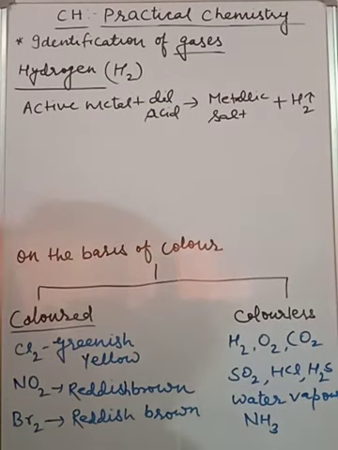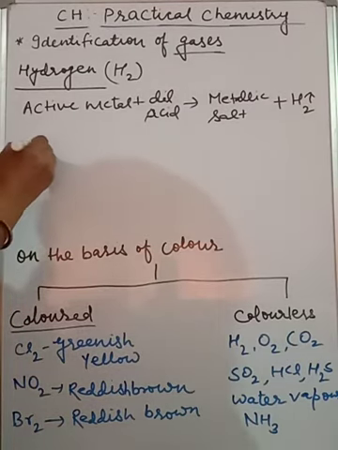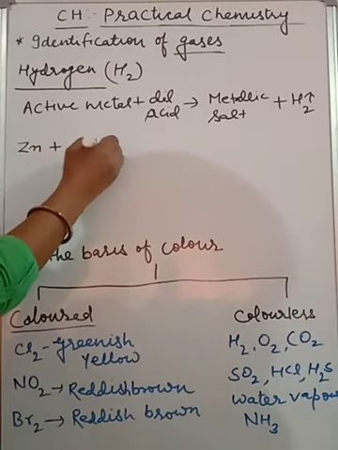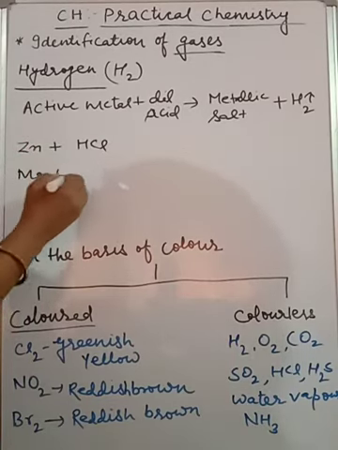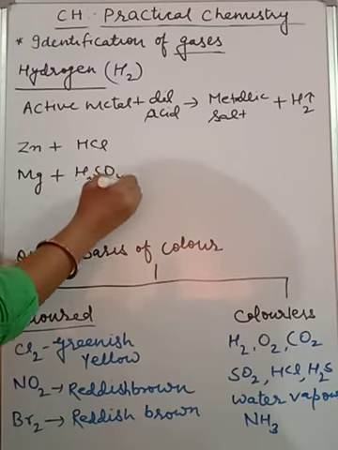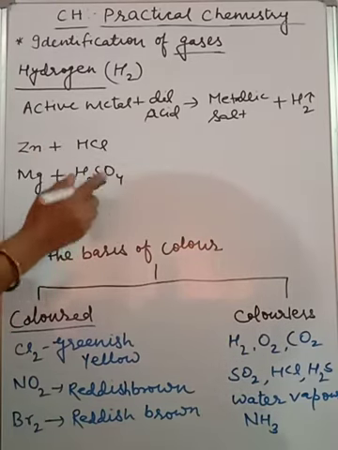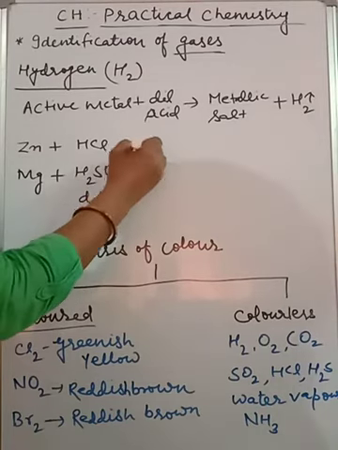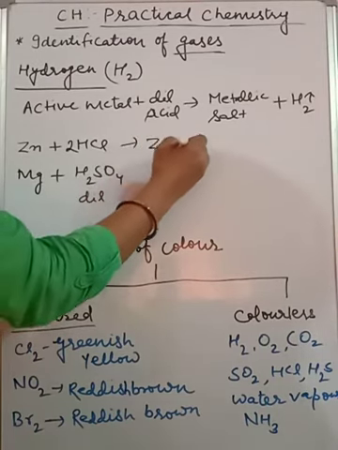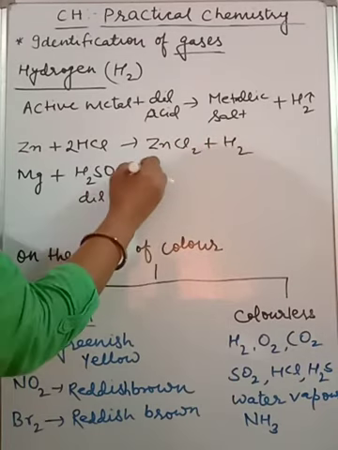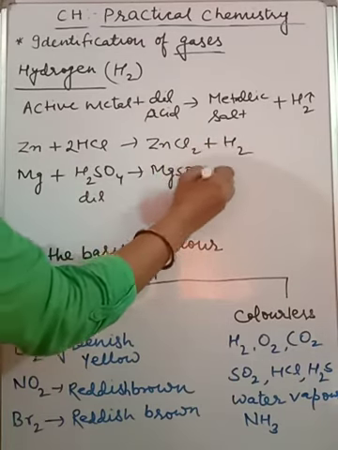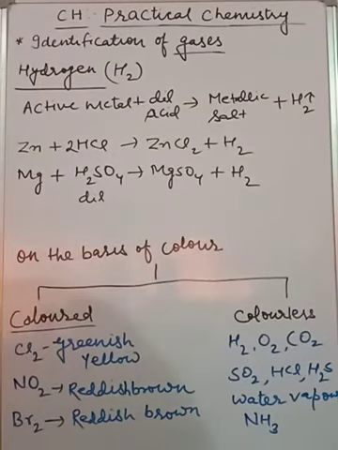Okay. Active metal means what? You all must recall in your mind regarding the reactivity series. Means metals above hydrogen in the reactivity series are capable of displacing hydrogen from the acid and forming its salt, like Zn plus HCl, Mg plus H2SO4. And acids we must take in what form? Dilute form. Then what will we get here? We will get here ZnCl2 plus H2. We will get here MgSO4 plus H2. So now I think this point must be clear to you, children.